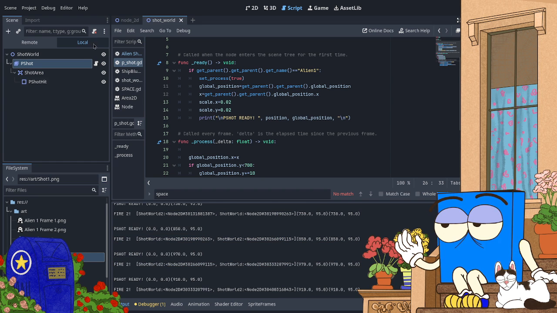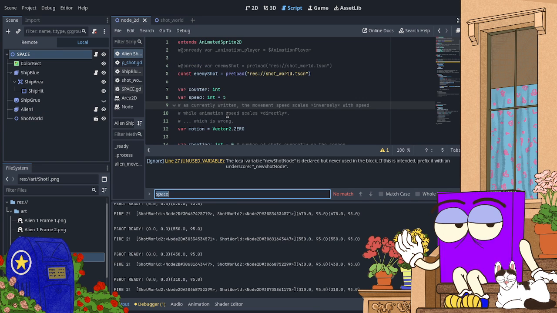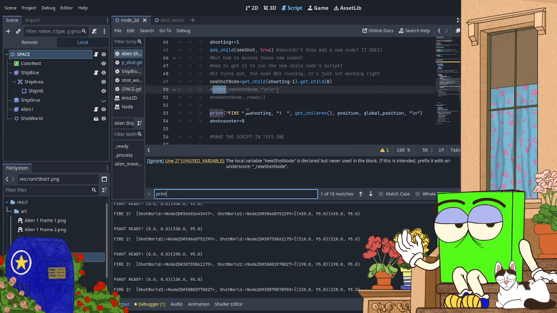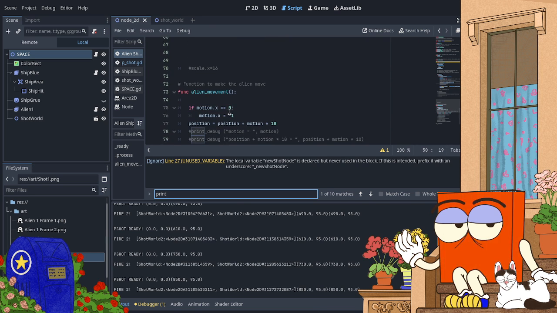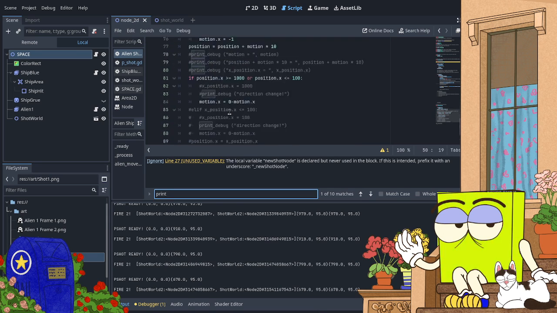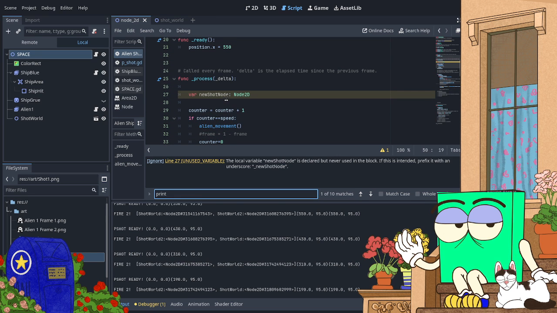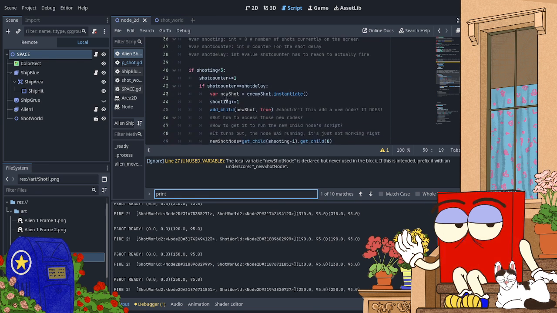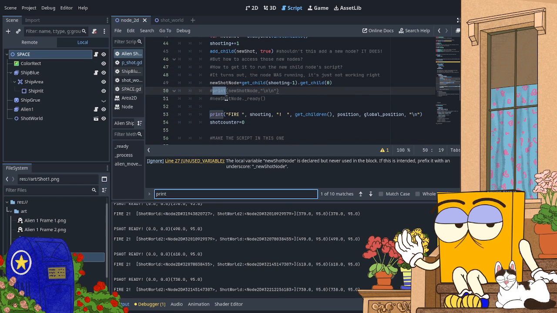Okay, I can go back to Alien 1, print. Bunch of prints here. I don't want the fire shotgun. Add child print.